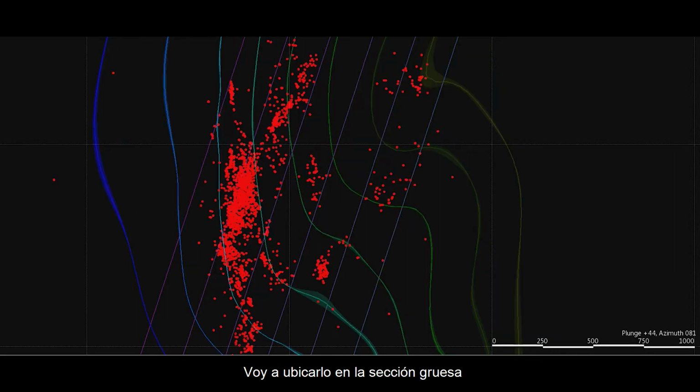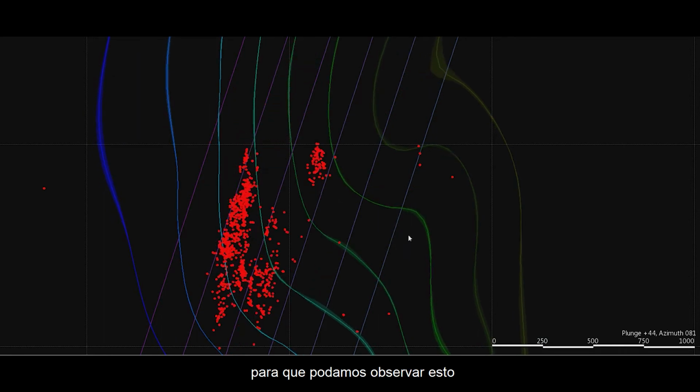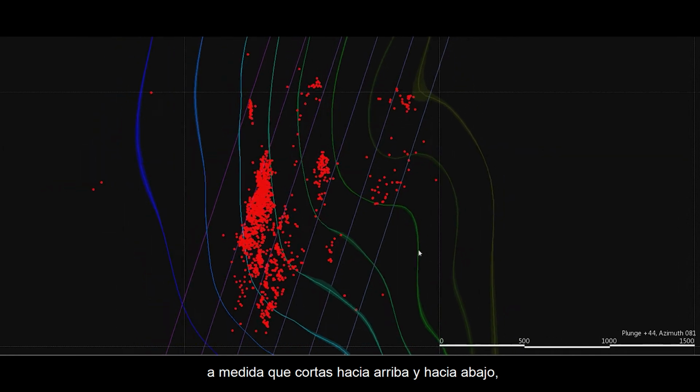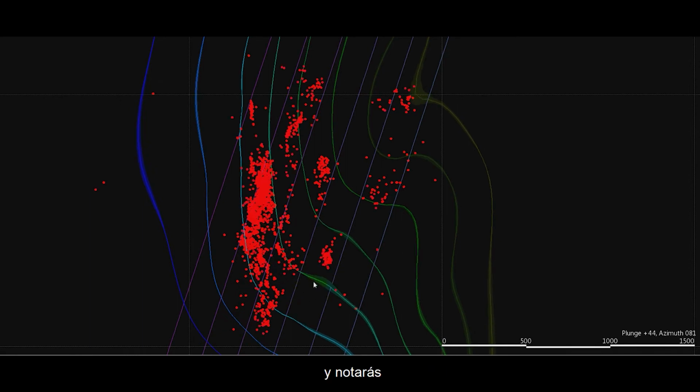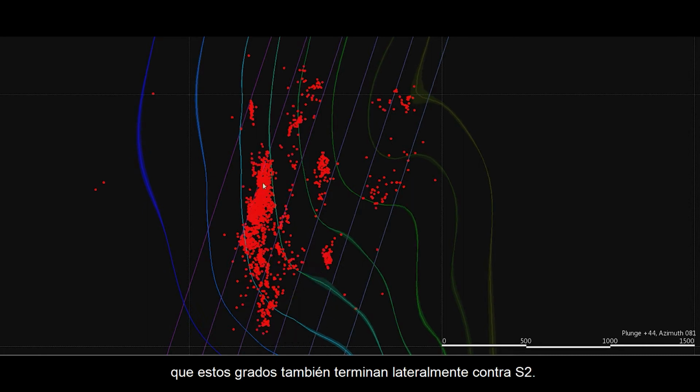Just going to put it on thick section so that we can actually observe this as you slice up and down the fold plunge, the F2 fold plunge. And you can see a wedge here, and you'll notice that these grades terminate laterally against S2 as well. So the lateral extent of these veins, I don't show the veins, but these are the grades within the vein,